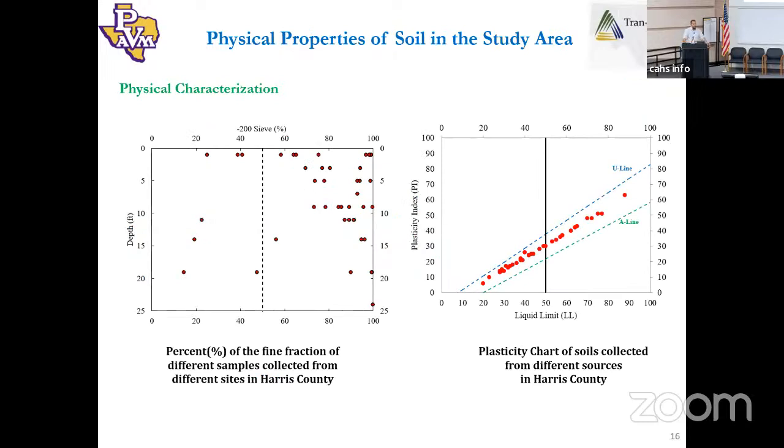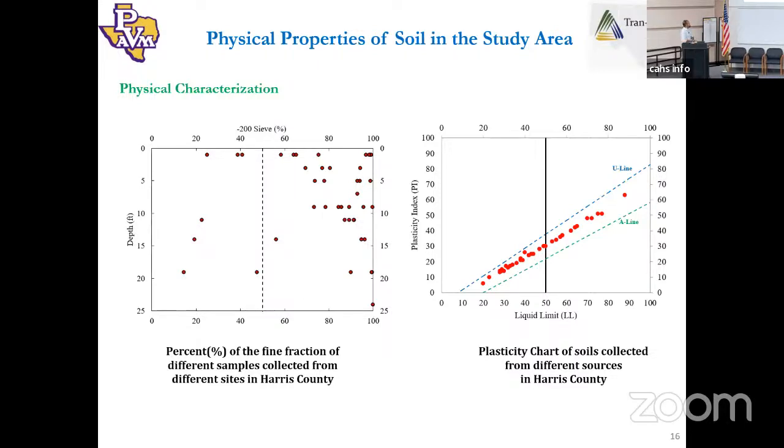Definitely, when we do any numerical modeling, there are several types of parameters that need to be incorporated in the model. For slope stability analysis, we need the rainfall data. We need the slope and soil data. Basically the slope is a soil material, right? So we need to know the strength properties and the physical properties of the soil. As we determined the rainfall pattern for greater Harris County, we collected several samples within Harris County from different depths. A few industry partners helped us collect samples,